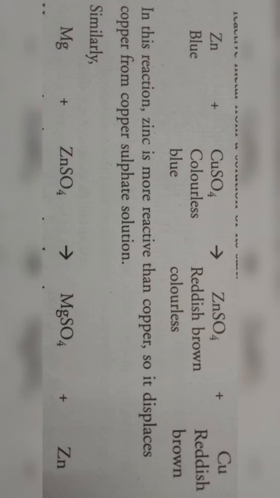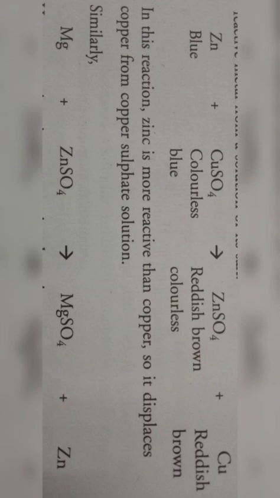Zn is zinc and Cu is copper, and CuSO4 is the copper sulfate solution. So when you see the reactivity series, you will find out that zinc is placed a little higher than copper. So zinc is more reactive than copper. So it displaces copper from copper sulfate solution and forms zinc sulfate solution, and the copper remains alone. So the color of the copper sulfate solution, which is blue, is changed into reddish brown color,